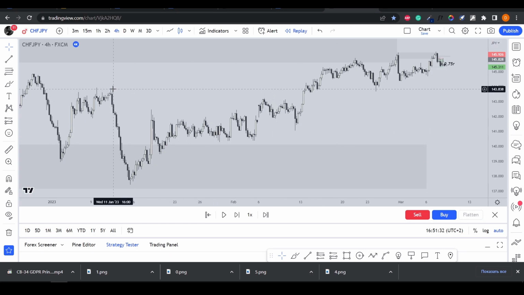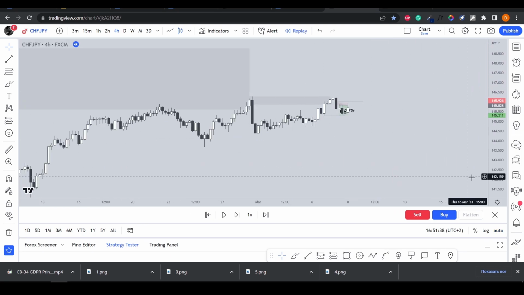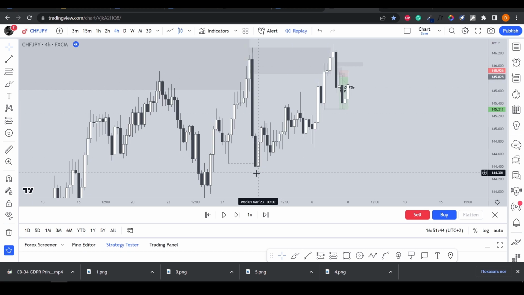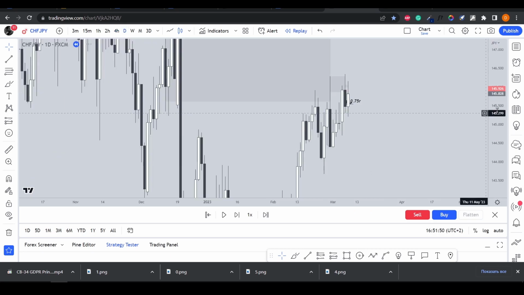So again, we had some 3 or 4 shifts on 4 hours, and I was just looking for deeper, and this was the latest shift, nice zone. We were in this zone. I was looking for deeper reaccumulation on 4 hours. Of course,